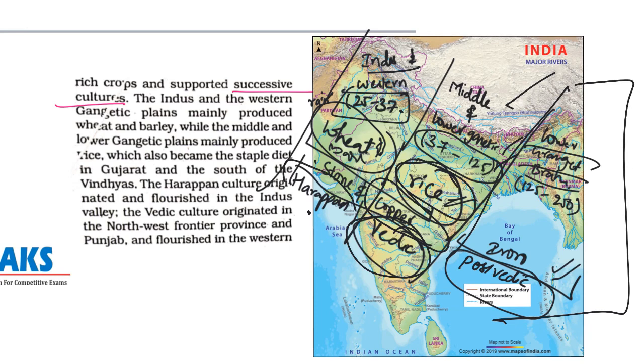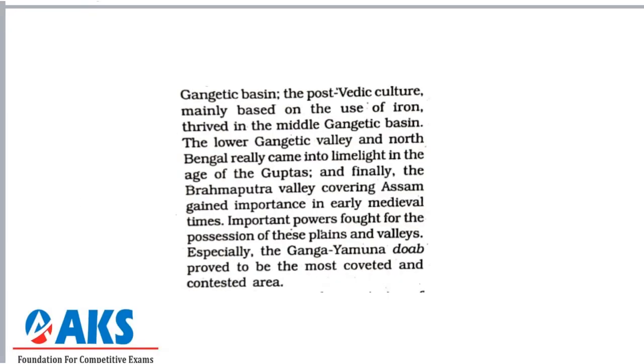So history, in the sense why the particular civilization has started in the northwestern region, because they could cut the forest first in that region using this type of iron implements, and that is how civilization also moved from west to east in India along with the type of forest, depending on the rainfall. So here in history we can also see the lower Gangetic valley and northern Bengal came into limelight after the age of Guptas, and finally